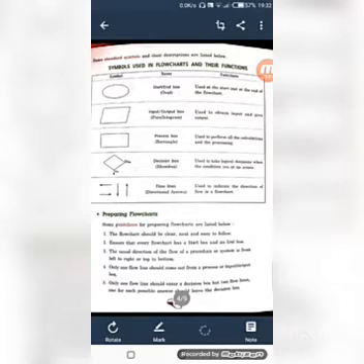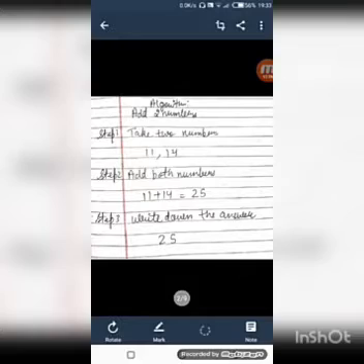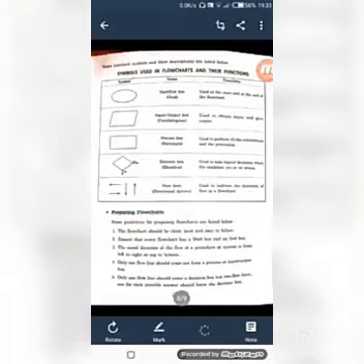Next one is the parallelogram. It is for the input or output box. Means if you are inputting two values, for example, if you are inputting two values just like this, 11 and 14, you will use a parallelogram, and for their answer also you are going to use a parallelogram.